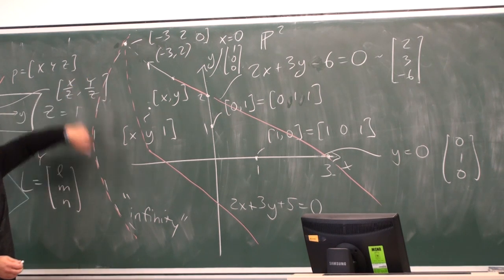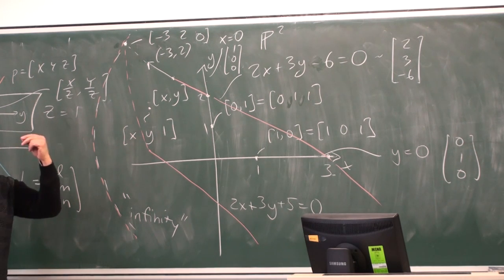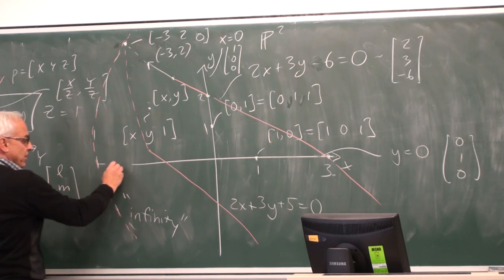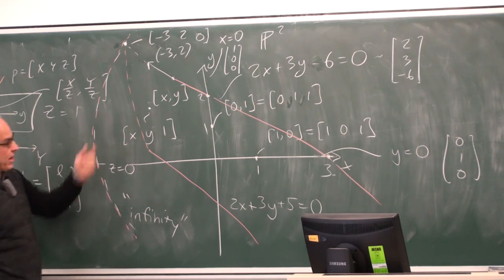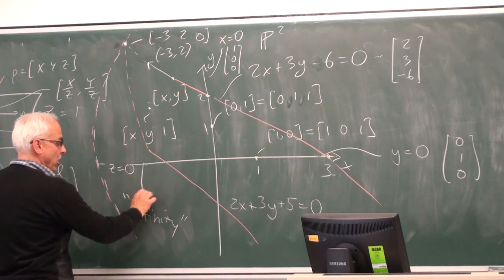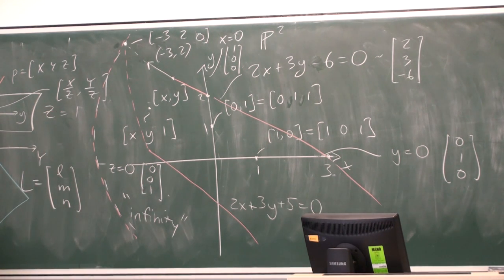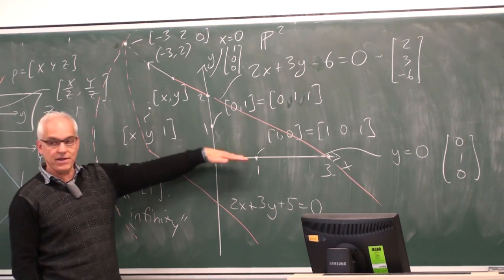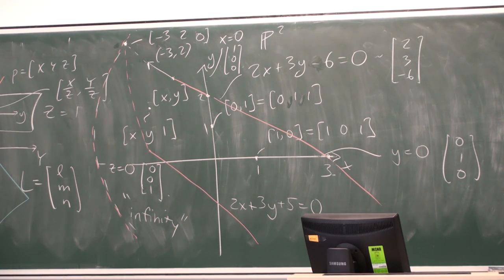And what about the line at infinity? Well, it's those points whose z-coordinate is 0. So its equation, if you like, is z equals 0, because it corresponds over here to the xy plane. And if z equals 0, that corresponds to the column vector 0, 0, 1. So this line at infinity somehow plays a complementary role to the x and the y axes, which is not surprising if you go back to the original three-dimensional story.